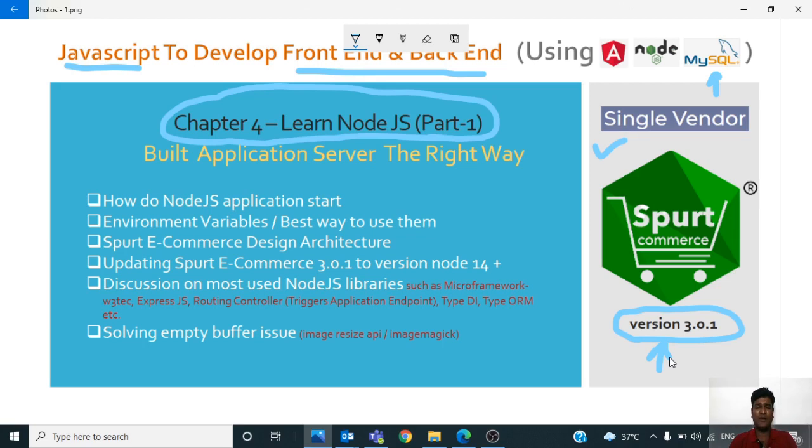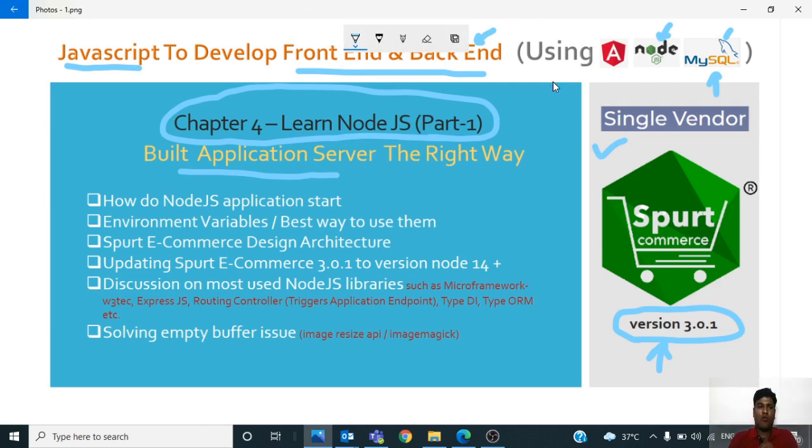During this course, we will discuss and learn Node.js. Aside from that, we will also learn how to create an e-commerce application server. Node.js is nothing but an application server, the backend server. The backend is divided into two servers: one is the MySQL server, and the second is the Node server. Obviously, for any system, you will have to learn one of the databases. Here we have chosen SQL, but the next part is learning the Node.js methodologies and